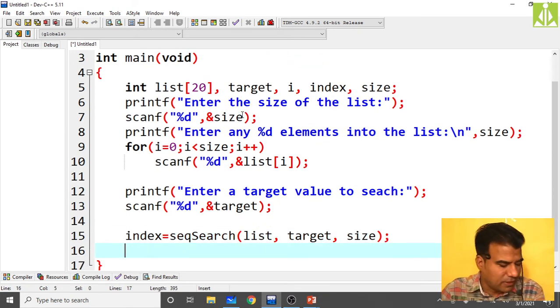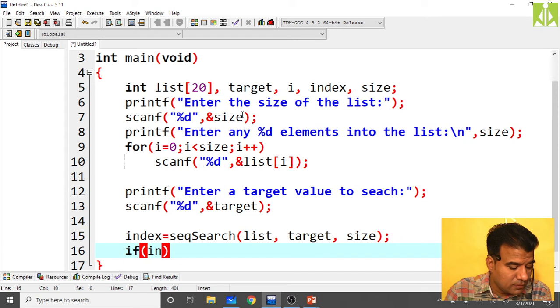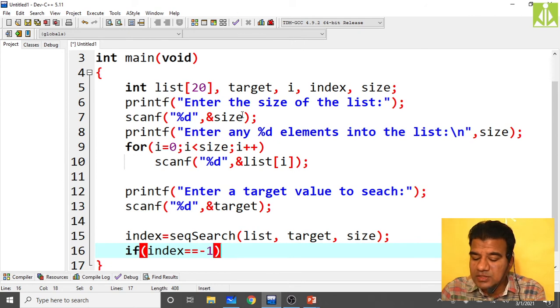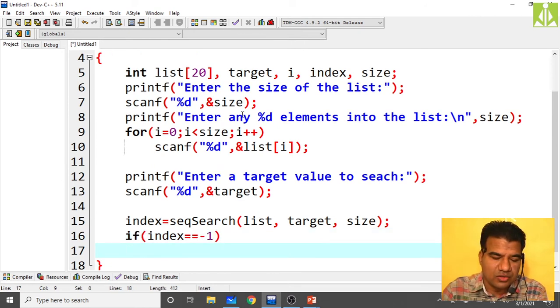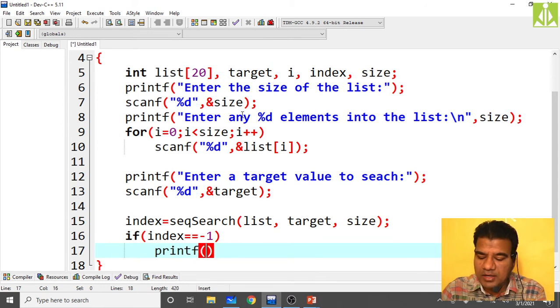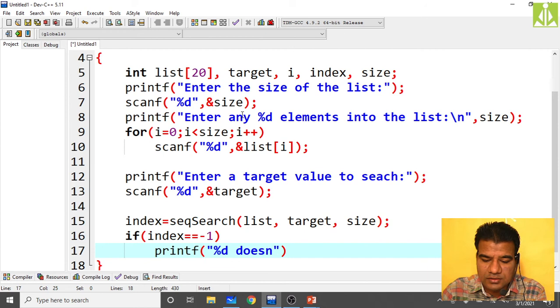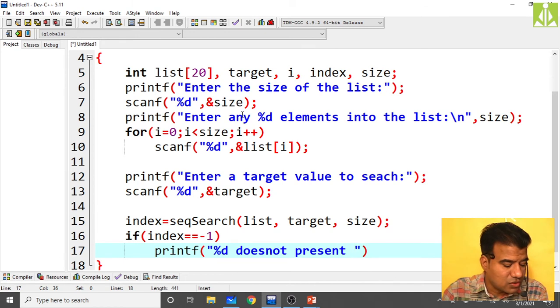After this, if your index is -1, because on unsuccessful search we return -1, then printf percentile d does not present in the list, that is the target does not exist.